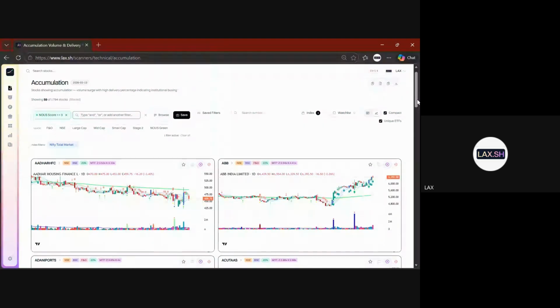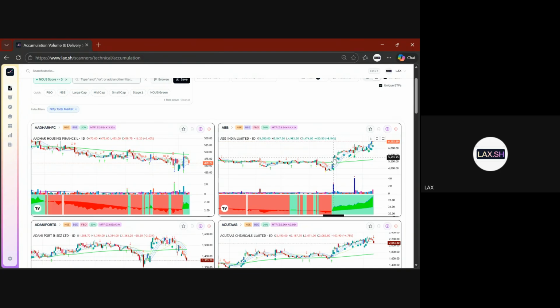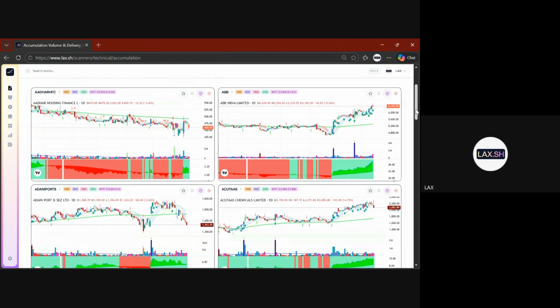Look at this thing, ABB. On this day, ABB was mentioned by some members in the Lakhs Telegram, right? Anybody remembers it? From there, it has rallied 20%. ABB India is a stock that is part of futures. Look at this F&O, right? This is the circuit limit, right? This is NSE, BSE listed both. It is available for margin buying at Zerodha and Kotak. Okay, 3.94 leverage, 4.41 leverage.